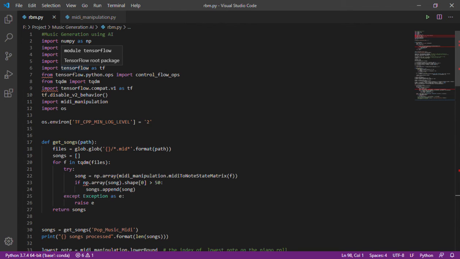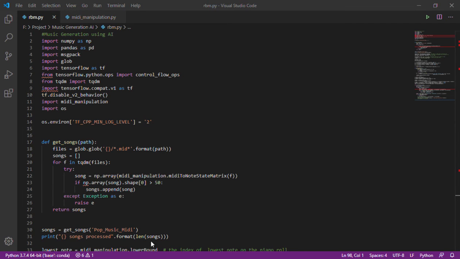Now, the getSongs function is a function which we will use to process our songs from the folder that we have. This is the folder from which we will be taking our songs and providing our input to the neural network so that it can be trained, and in this output folder we will be generating a new music based on the input that we had provided.